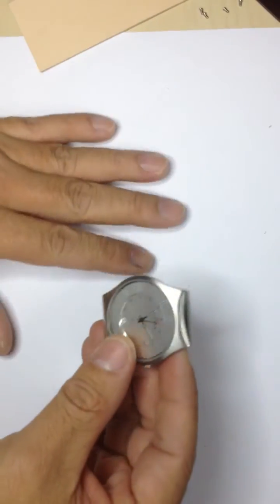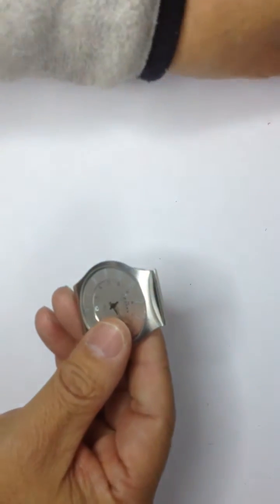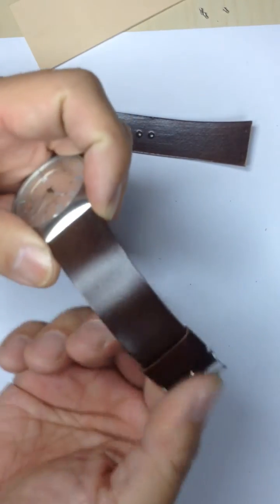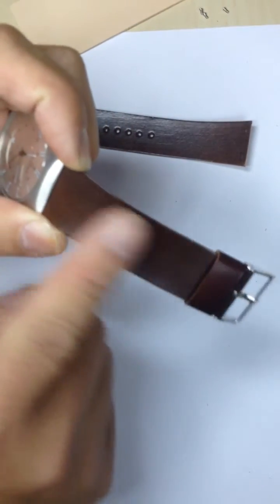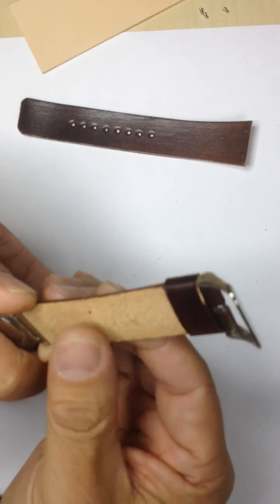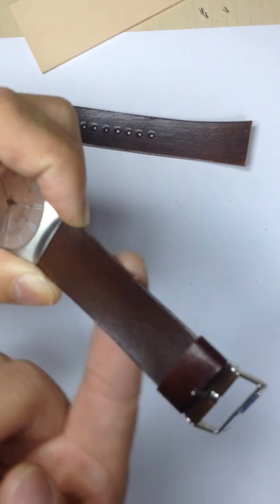I hope you find this video interesting, on how to change this Skagen 233 series watch and the band. And this single ply band should last you for a long time because it's very durable. Especially it's shiny and dressy on the outside, and soft and absorbs water on the inside, because when you wear the watch, especially in the summer, you will sweat, so the leather is supposed to